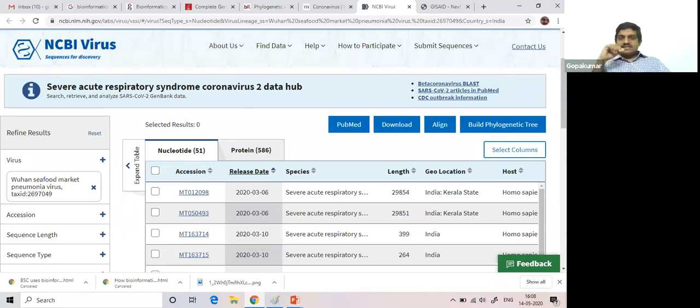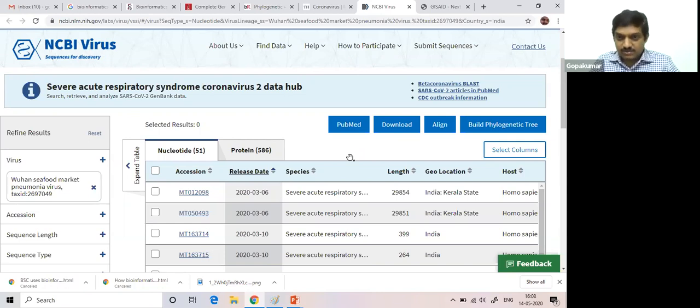And now this is about the many databases available for us to look into. Suppose you would like to do research on coronavirus, where should you go and find the sequences or other details? There is a database called NCBI Virus. It has been developed recently and exclusively for this particular purpose. Okay, so you can see that I have given a search, and these are the results I got.